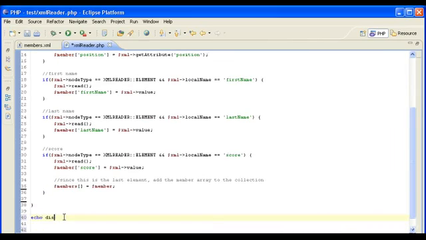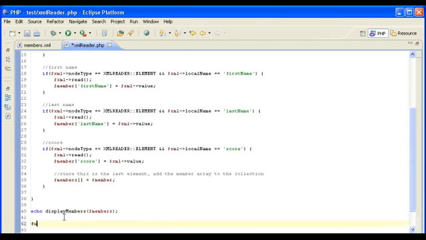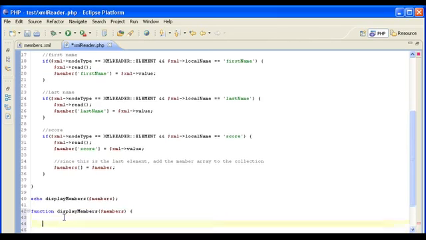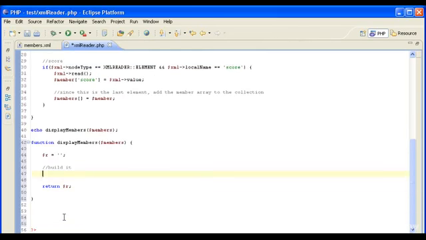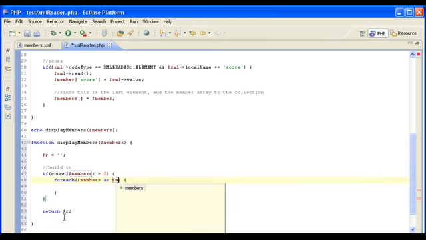Let me display this, echo, let me make a little function. We always want to make it look nice, of course. Members. And now, let's make this function to display this. Display members, members. Okay, now we've got, so I'll make my foreach here. Members, super members. Okay, so now we have a member there. And what do we want to say? Let's build this into a nice looking table here. Table. And after the foreach loop,